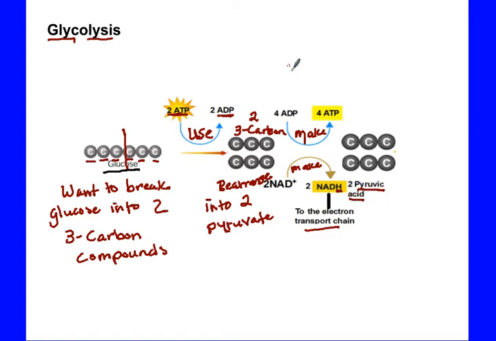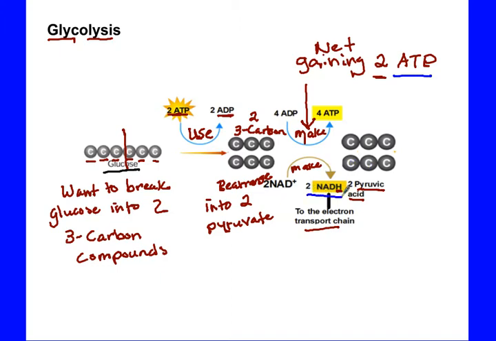Okay, so right here, during this step, when we rearranged our molecules to make pyruvate, and we made our 4 ATPs, we're actually only gaining 2 molecules of ATP. And the reason for that is because over here we had to use 2. So we used 2 here, we made 4 here, so that gives us a net gain of 2 ATPs from glycolysis. Okay, so our main products that we made in this step were our 2 ATPs, our 2 NADHs,